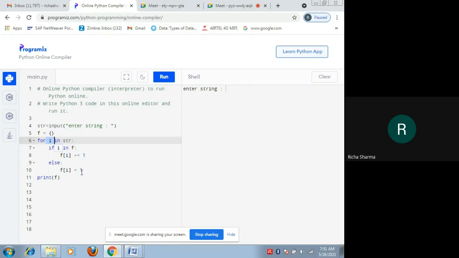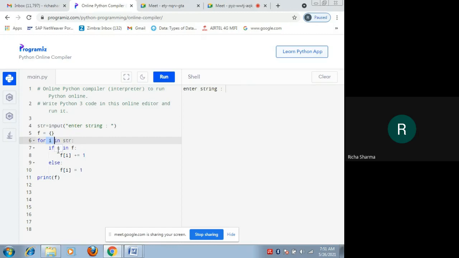Now again we will come to line number 6, for G in str. Now I am at index position 3, GOG. So for G in str, the iteration is executing the third time. If I in f, what will happen this time?